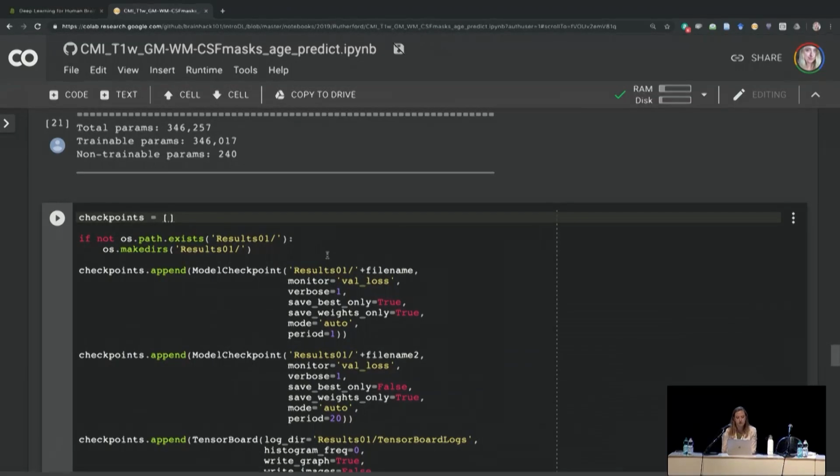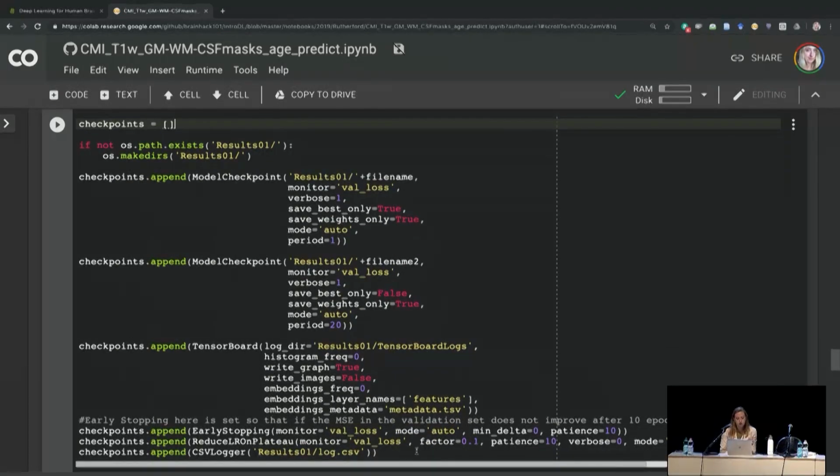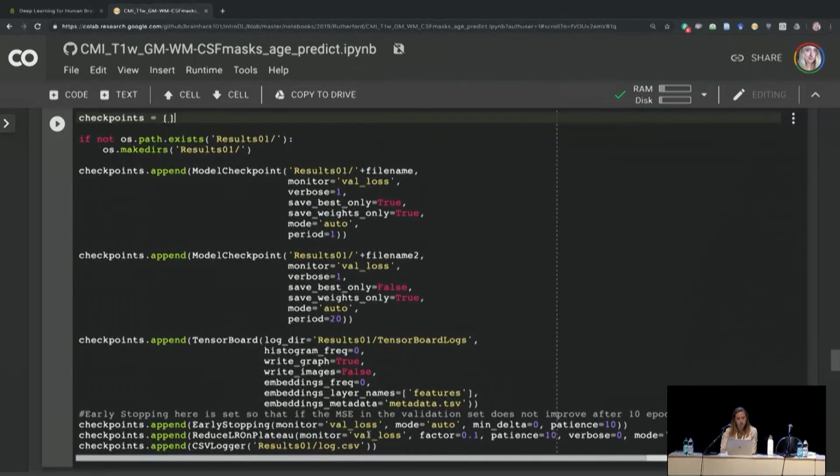So I'm going to save out some of the checkpoints as we're training this, just a bunch of code to do that. I've set the validation loss here. I've set early stopping. So what this means is if our network is not getting any better in the validation set, which I don't think I defined that. So we have our train set, our validation set, and our test set.